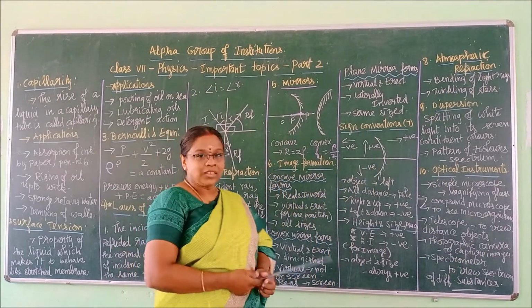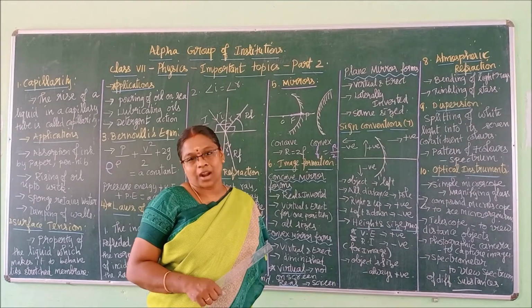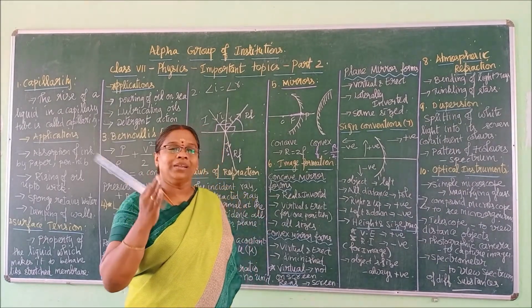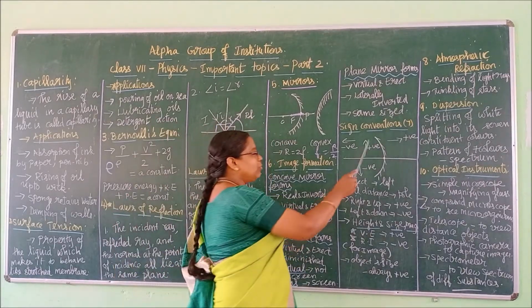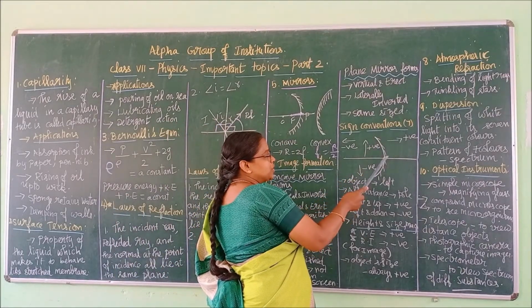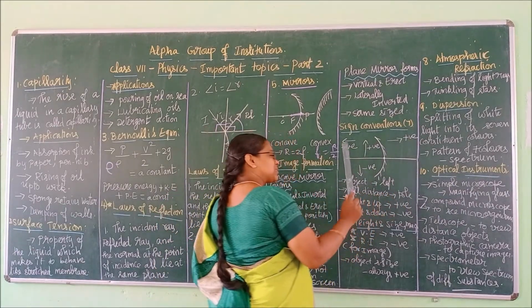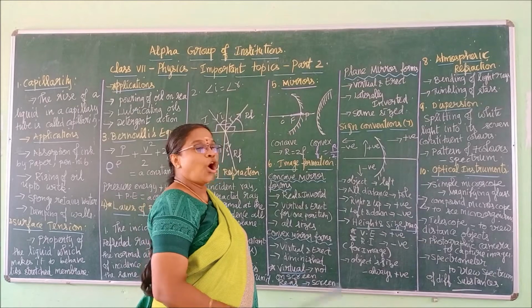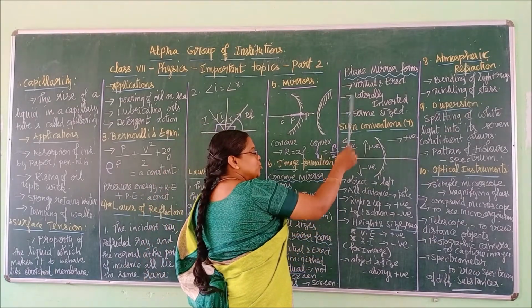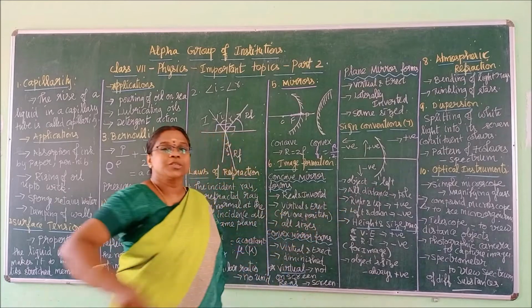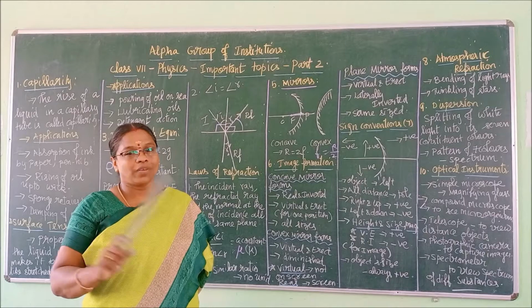I have done this in the class for 7th B, and 7th A alone I have done, right? But I have to explain a little more, so now listen to it. Now we take the mirror. This point is taken as the pole, right? This line is taken as the principal axis. First, objects must always be kept at the left. Object must be kept at the left of the mirror. That is your first point.